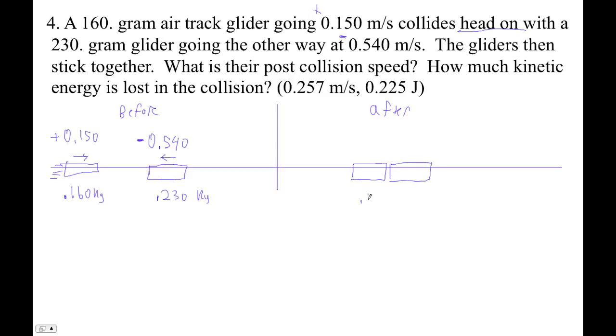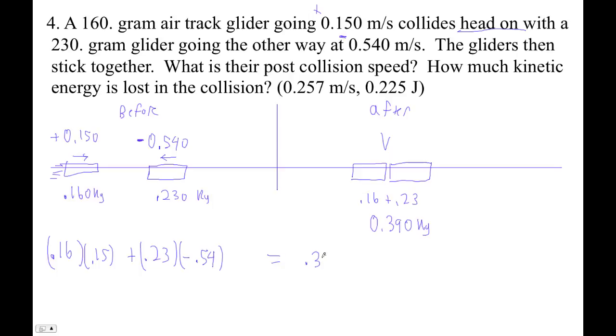So that's going to be 0.16 plus 0.23. That's going to be 0.39. Right, and then it's going to be going some velocity v. So let's figure this out. Let's go 0.16 times 0.15 plus 0.23. So what I'm doing here is just m times v plus m times v equals m times v, right? Negative 0.54